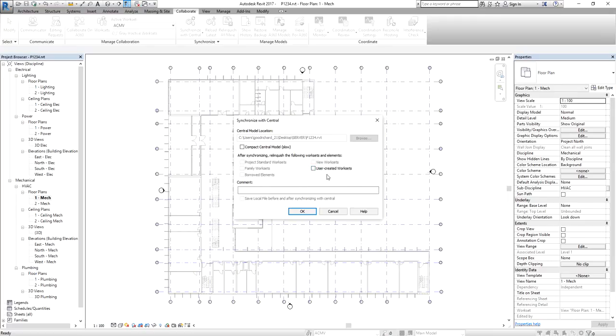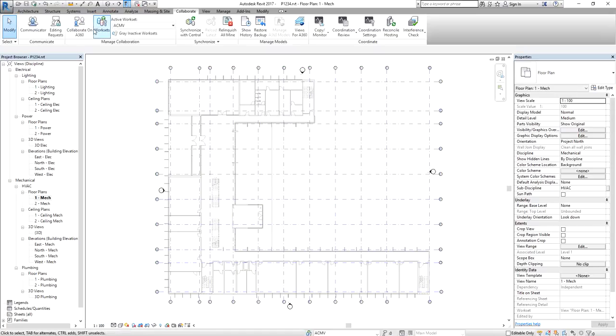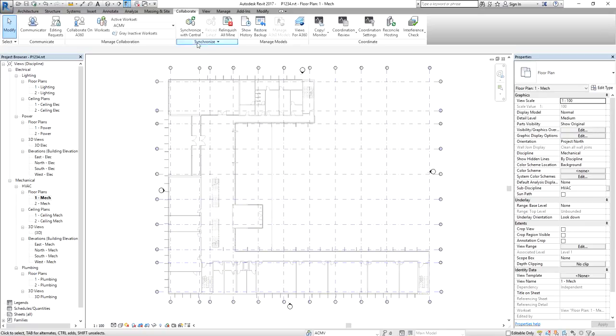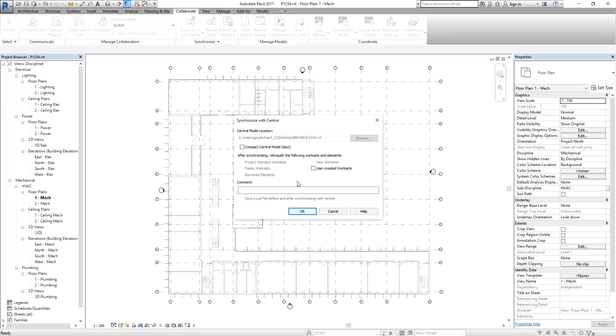But since this is just the start of the project, I'm going to relinquish those work sets, because as you can see, if I check the work sets here again, I'm still the owner, right? Let's say I do not want to own these work sets because I want my team to do this project, although I can also do this. I'm going to relinquish the ownership of the work sets by selecting synchronize and modify settings here. By the way, although you can work on the central file, it is not advisable to do that.